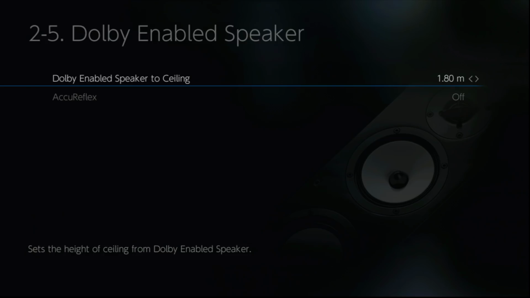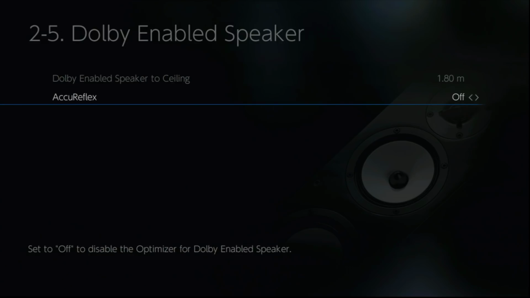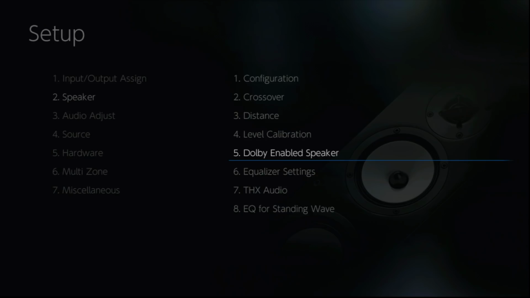And all you actually have to do is to measure from the speaker to the ceiling. That's it. And then you turn the AccuReflex on and the processor will calculate the correct delay times from the speaker to the ceiling and the arrival point to you. The Equalizer settings give you 3